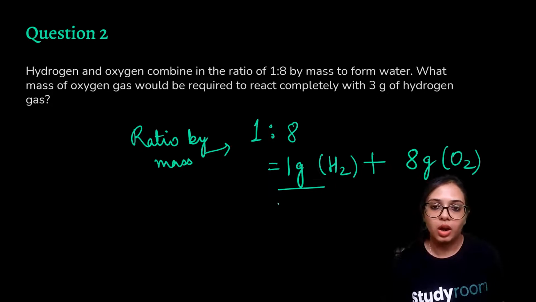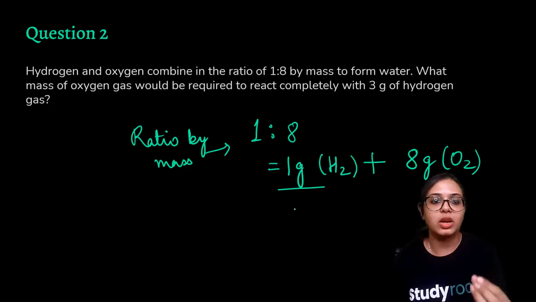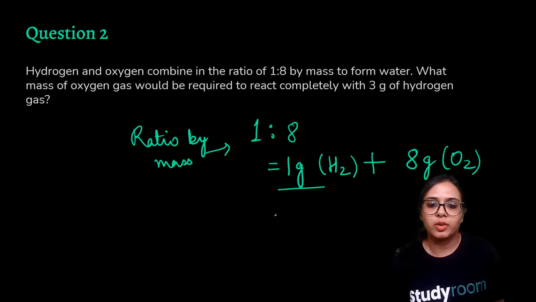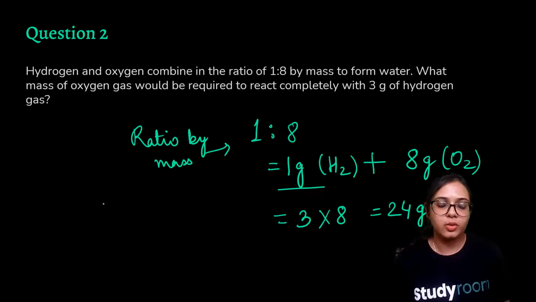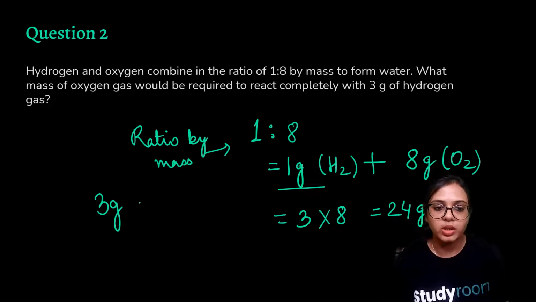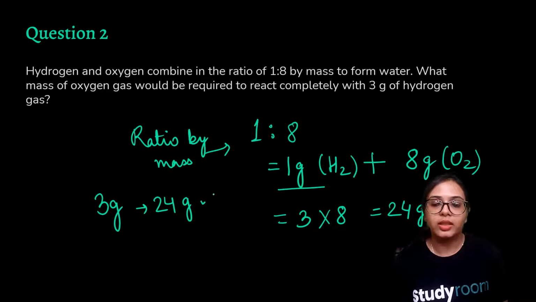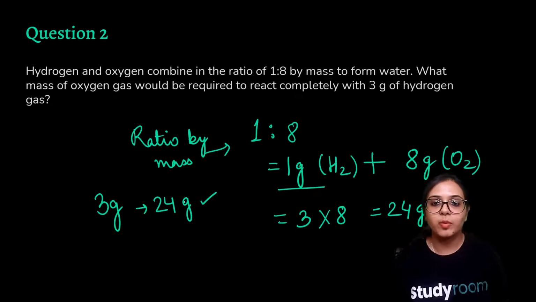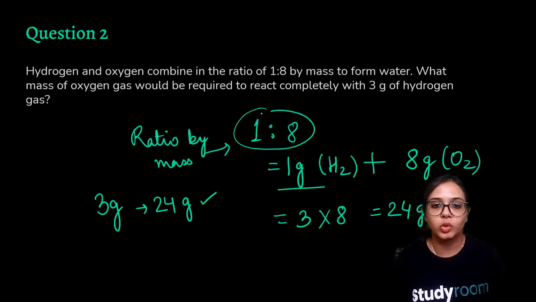So what mass of oxygen gas would be required to react completely with 3 gram of hydrogen? It is simple, right? We simply multiply 3 into 8, and we are getting 24 grams. So when 3 grams of hydrogen reacts with 24 grams of oxygen, then we will be getting the same water molecule. So this is in keeping with this 1:8 ratio by mass